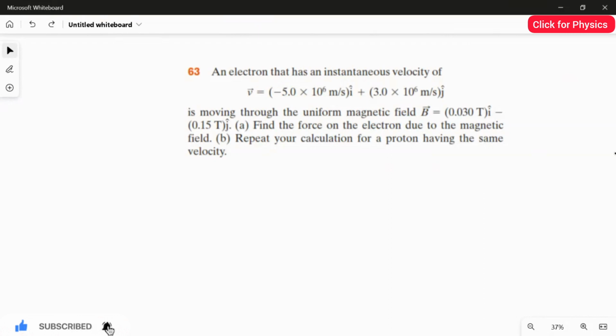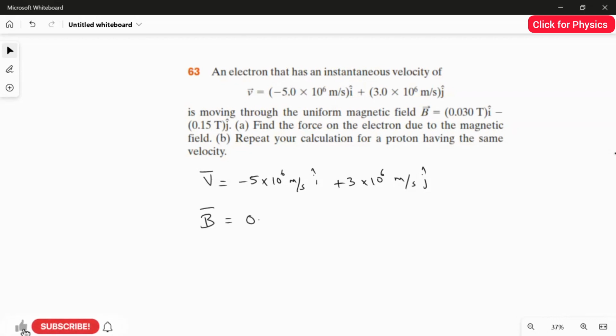So let's write the given first. So what is given in the question? The velocity vector is given. So minus 5 × 10^6 meter per second i cap plus 3 × 10^6 meter per second j cap. Likewise, the magnetic field vector is 0.03 Tesla i cap minus